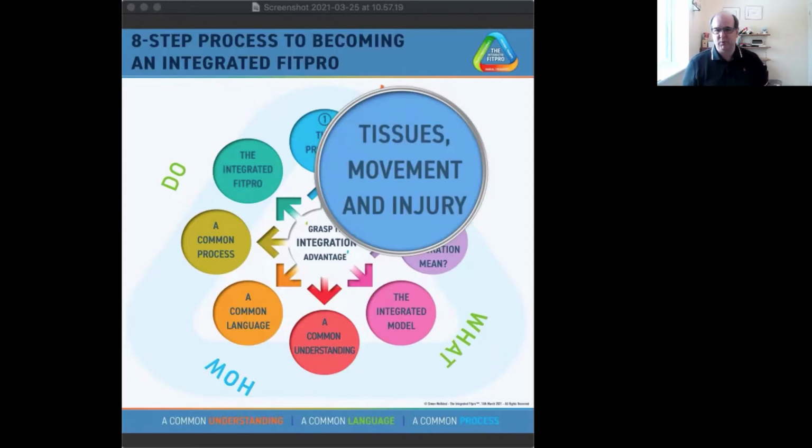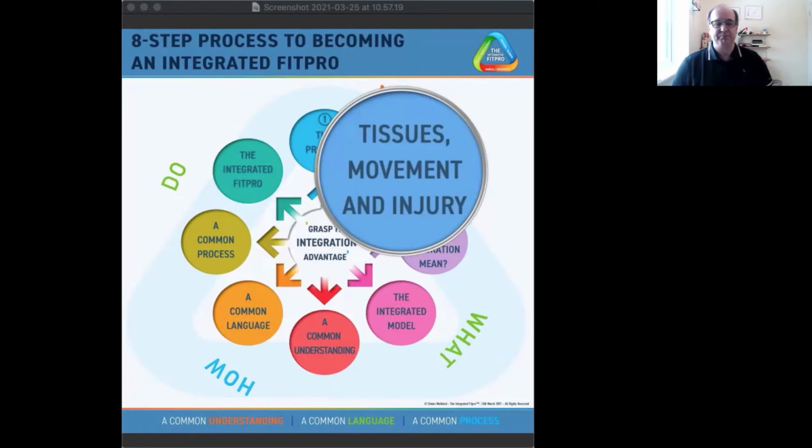Mental models are really important. They allow us to look at a problem in lots of different ways. I'm going to be talking a lot about that in posts in the group over the next few days, but we need as many mental models as we can to look at a problem. If we get constrained in the mental models that we use, then we get constrained in terms of how we can solve problems. The best problem solvers are those that have the most mental models. And what we're doing is developing a really powerful new mental model for looking at the human body, in particular